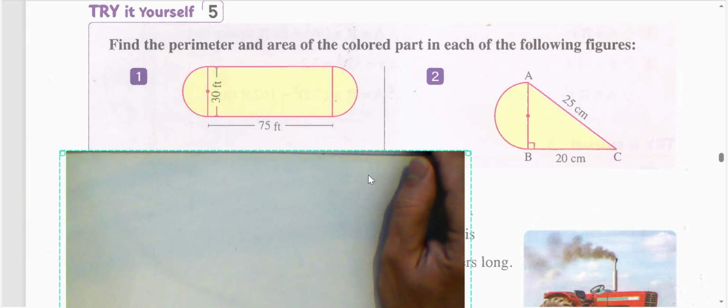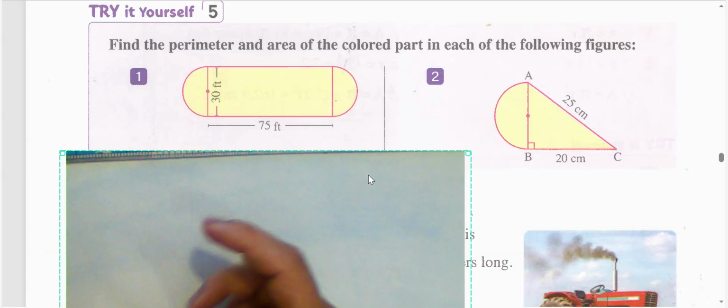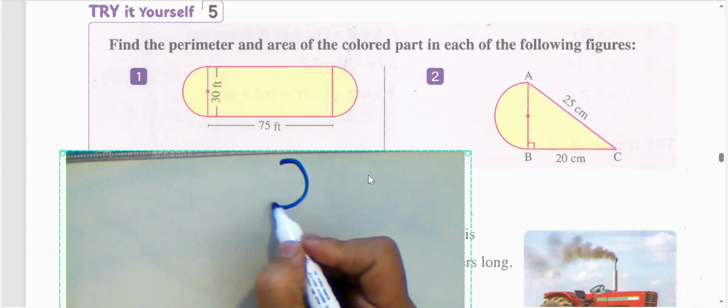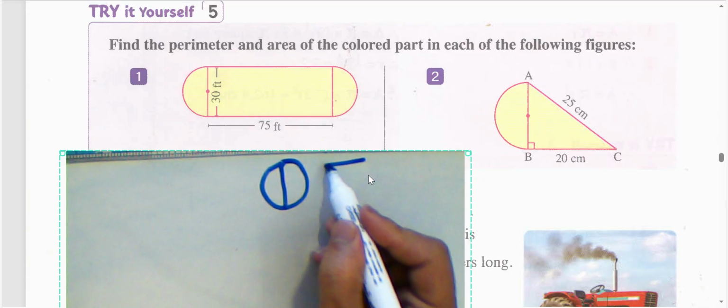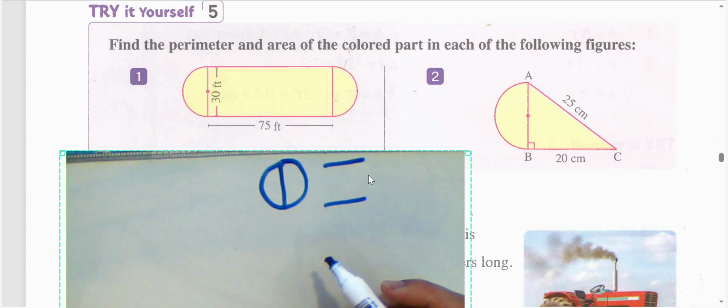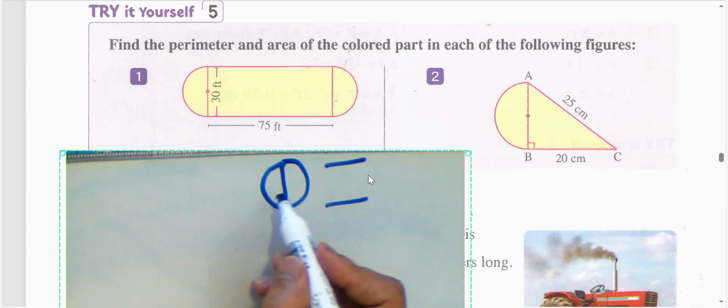Look at here. We can add together two parts to get a circle. We have half circle, one circle, and this side and this side. He wants to find the perimeter. We can find the perimeter